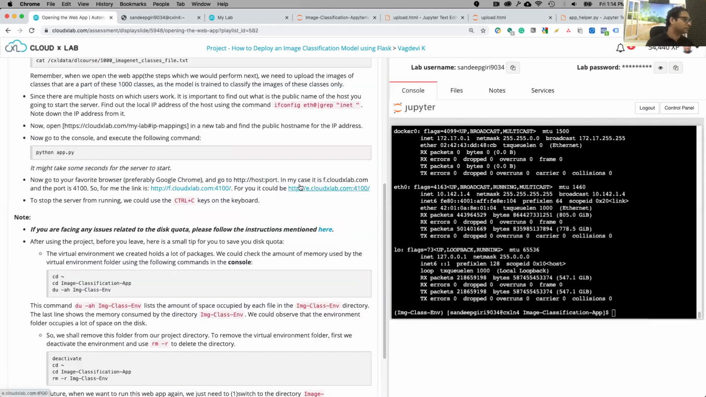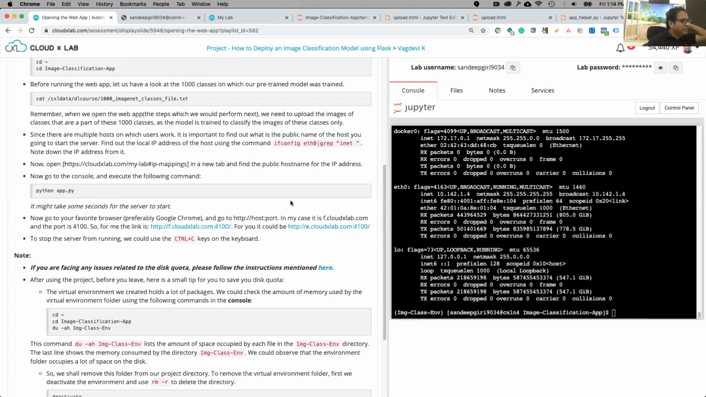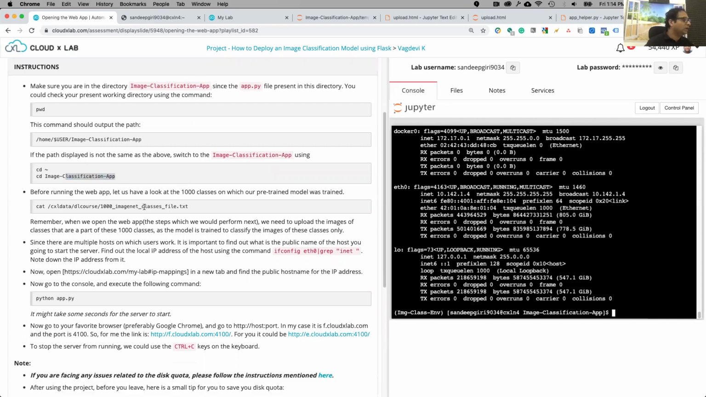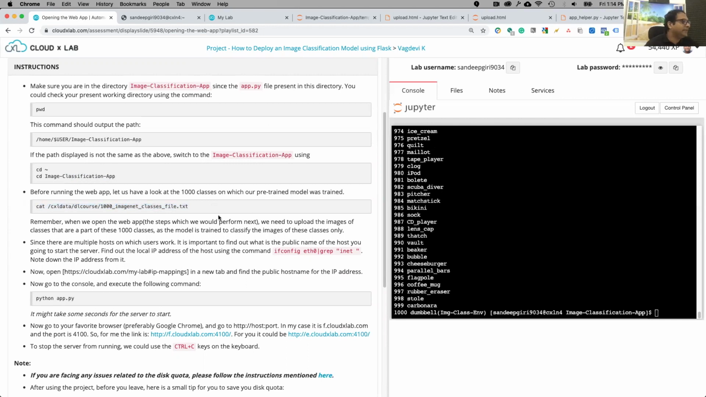Okay, now here is the important part. So it's asking us to go into this folder. Yes, that's where we are now. We want to take a look at this particular file. Okay, so this is the dataset. This is the dataset of ImageNet. So we are doing the